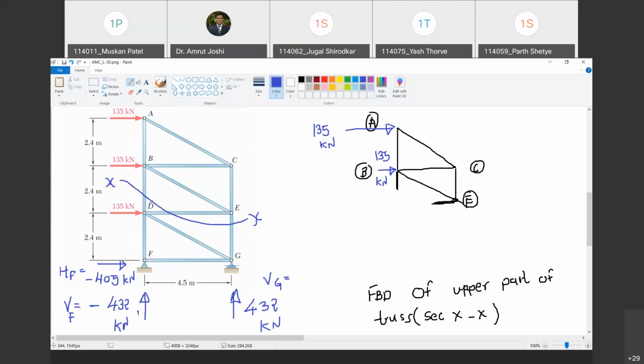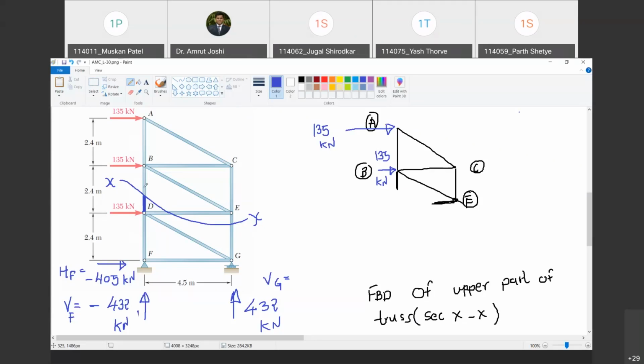What else is external? चलो जहां मैंने XX कट लिया है, तो is this part of member BD external to the upper part of member BD? Tell me. Yes, sir. So as I have cut through member BD, its lower part below section XX is external to its upper part. Therefore, we have to show what this lower part is doing on the upper part. Are you with me? Yes, sir. And we already know that in trusses, the forces exist only along the length of the member. So either this part must be pushing the upper part or it must be pulling the upper part. Do you agree with me?